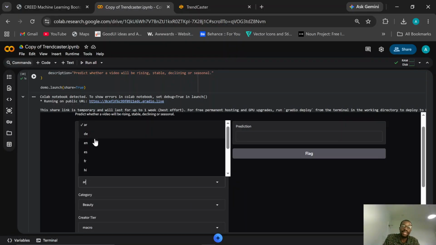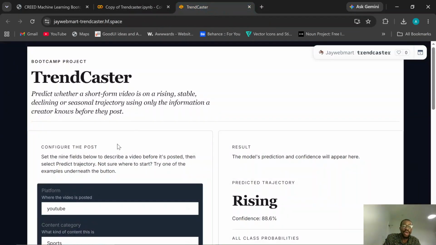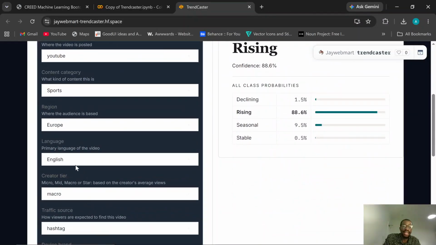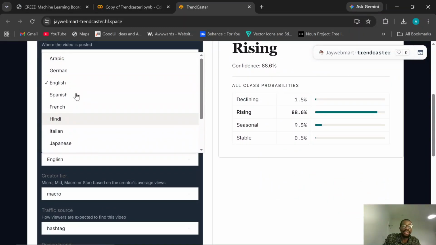We could have made it better, but I did it at the back end of my app.py when I was deploying on Hugging Face. So EN, DE, these are just short forms of the languages, but it's not good practice for people using your app to be guessing what each section means. So compared to TrendCaster here, where we fixed that, you can see English, all the languages you'd understand just by looking at it.